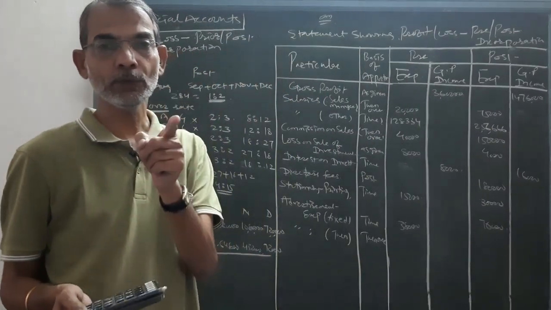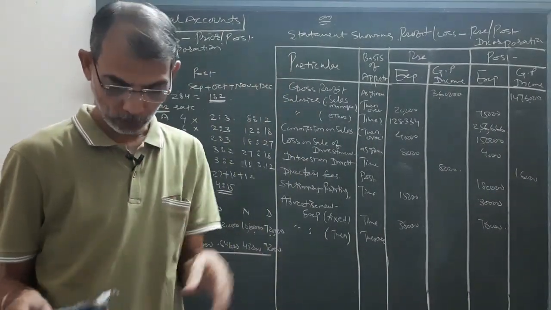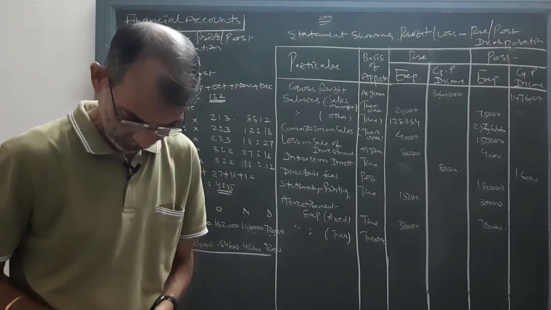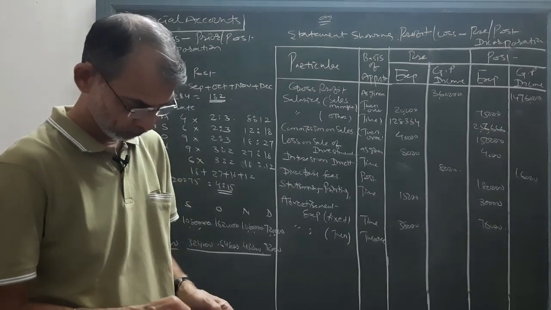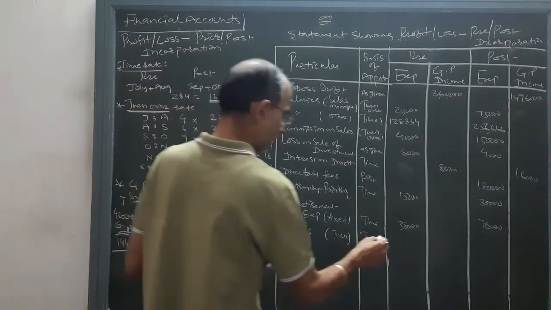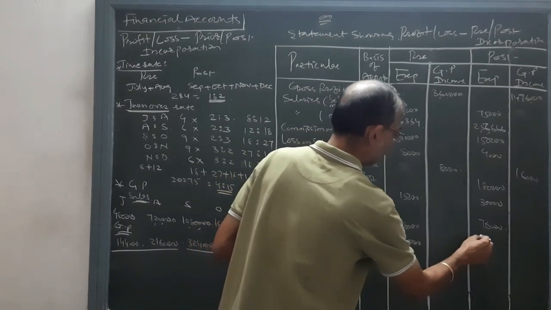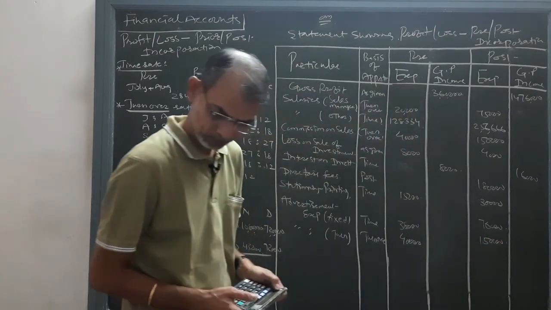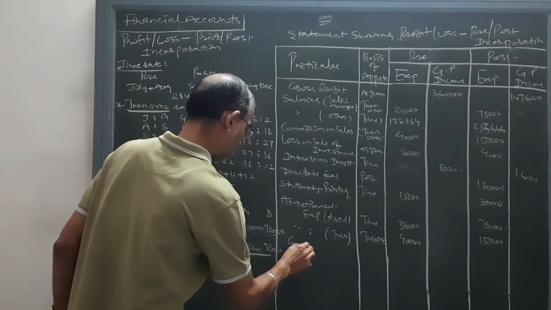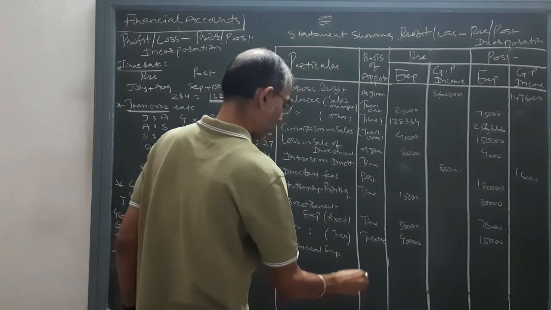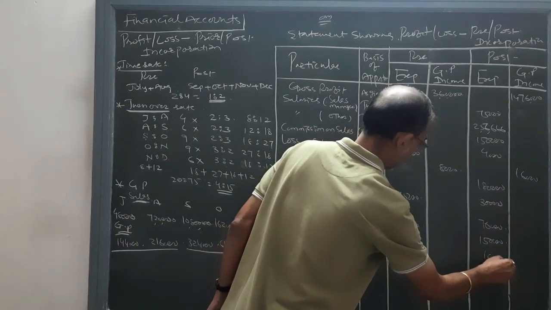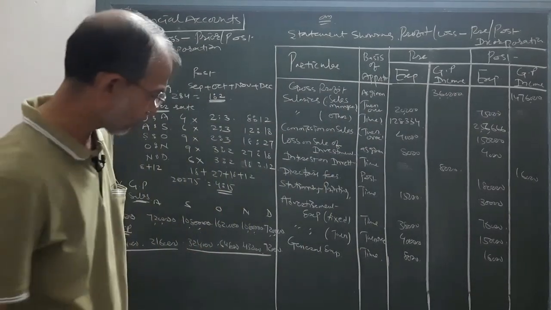Fixed is always distributed in time ratio while variable in turnover ratio. Total advertisement expense is 3,04,000. So remaining 190 in turnover ratio. General expense 24,000. Time ratio 8 and 16. Then after office rent as given,